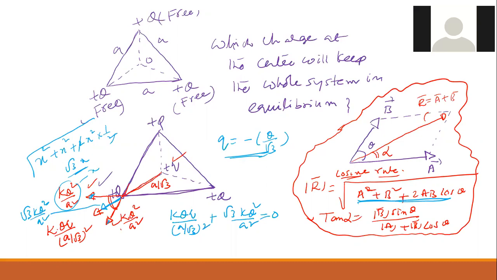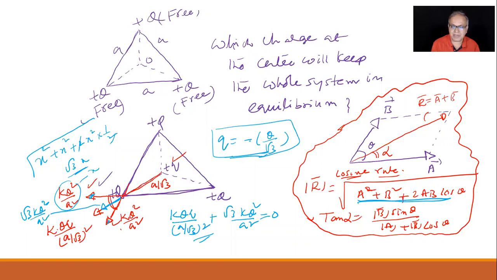Okay, sir. And resultant of these two is along the third one. So I'm simply adding them up and making it 0. So we'll get this. That means for a particular charge called minus q by root 3 in the middle, force on that will be 0, force on this will be 0, force on this will be 0, force on this also will be 0. Tell me. Like Ramya did, you do something and tell me. Look.